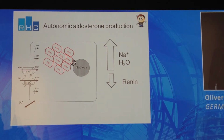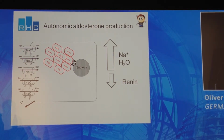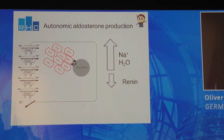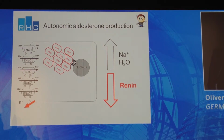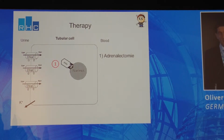If you have now an autonomous aldosterone production, you have lots of aldosterone docking to the mineralocorticoid receptor, and lots of the sodium transporter on the tubular renal side. The potassium goes down and the renin is suppressed. So that's the case if you have an autonomous aldosterone production. So the therapy is either you somehow get rid of the aldosterone production by adrenalectomy, but only if